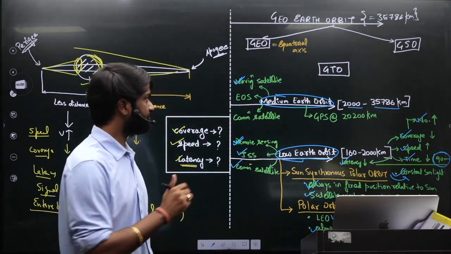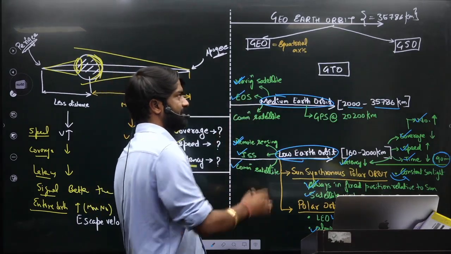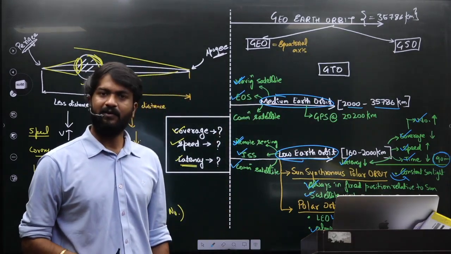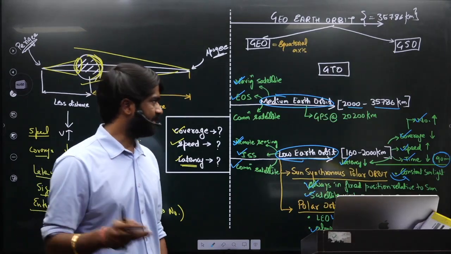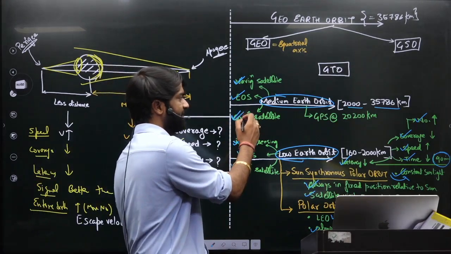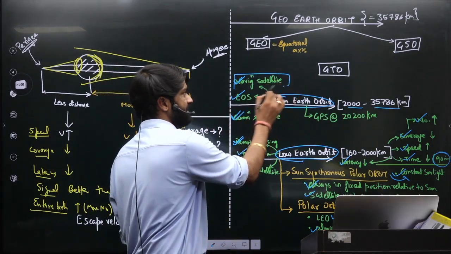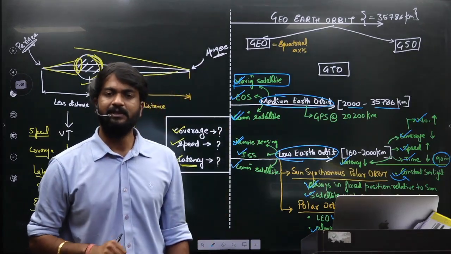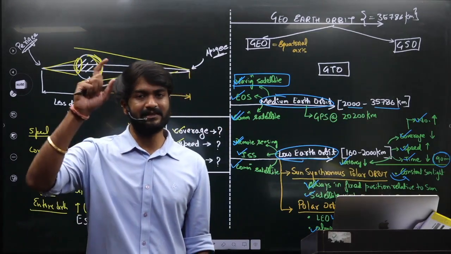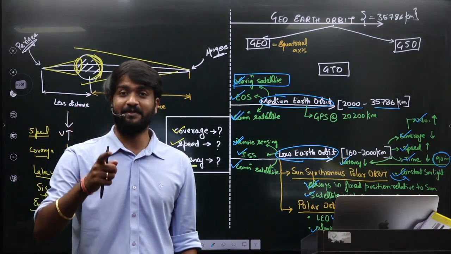Then earth observation satellites are also placed here, some of them, weather monitoring, etc. Then some of the communication satellites are also placed here. The only thing which you will remember is navigation satellites are majorly placed in medium earth orbit. GPS is placed in medium orbit, and there is an exception of India,